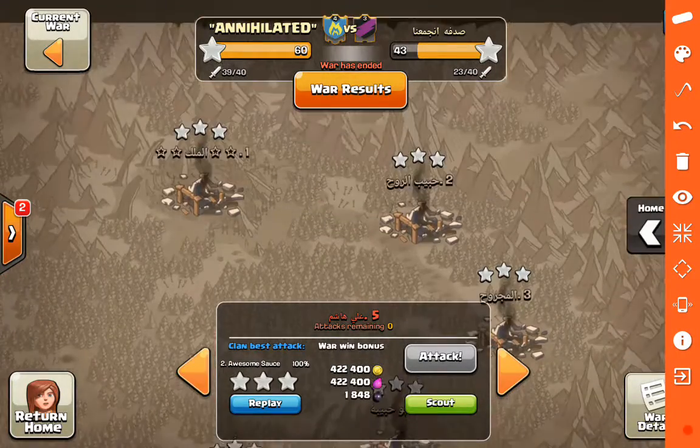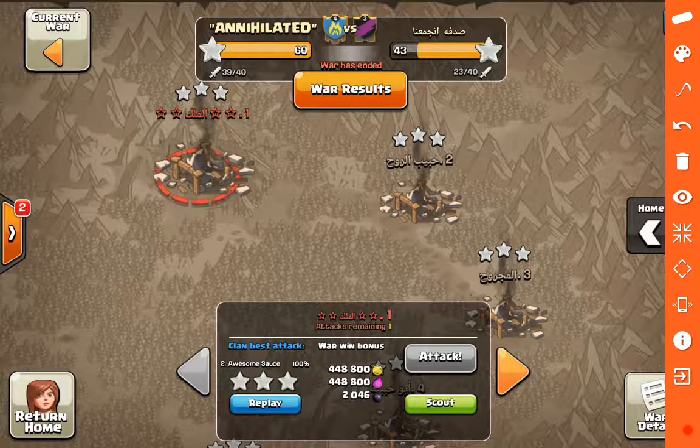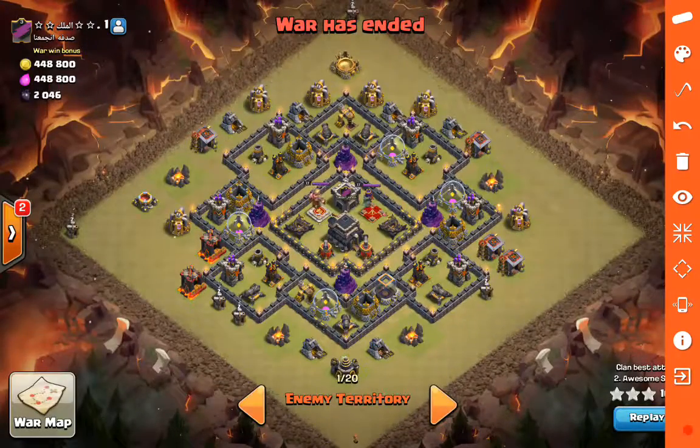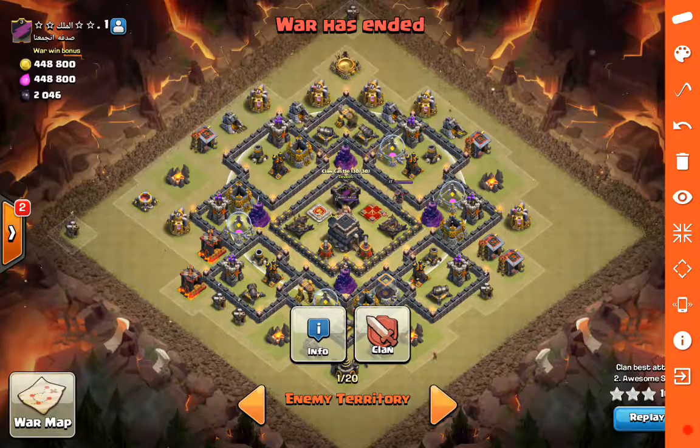All right, and the last one of the 3 attacks for 3 stars by our players without heroes is going to be number 1, and it's going to be Awesome Sauce again against the number 1 base. And you see, again, not an anti-3-star base. We do have a relatively lurable clan castle, and